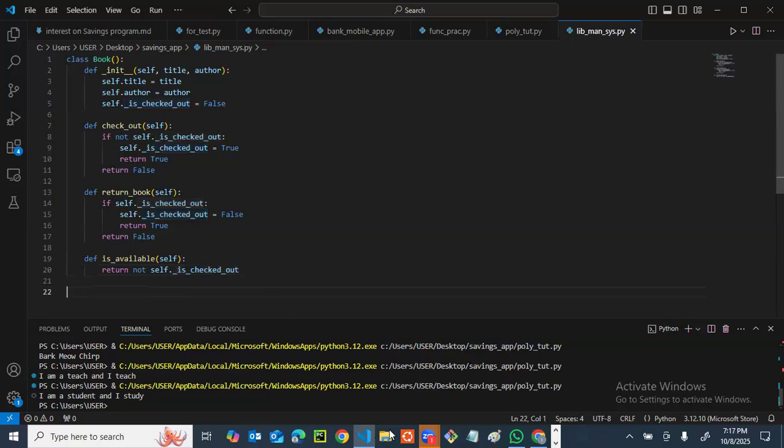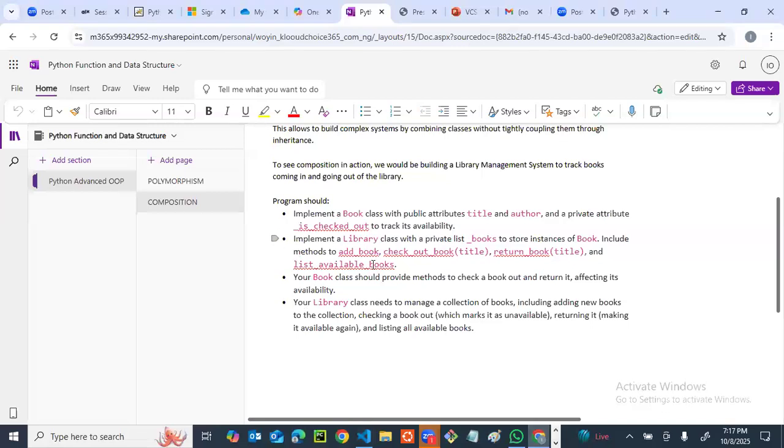So now the next one states: implement a library class with a private list. This private list, we should call it books, to store instances of book. To put it in more context, what this library class essentially wants to do is be storing instances of book. You know what instances are? Instances are the same as objects. By the time we have multiple books, we have copies of book, so we can't be relying on a single book object. We want to keep track of